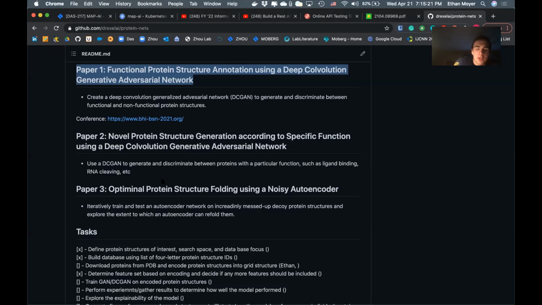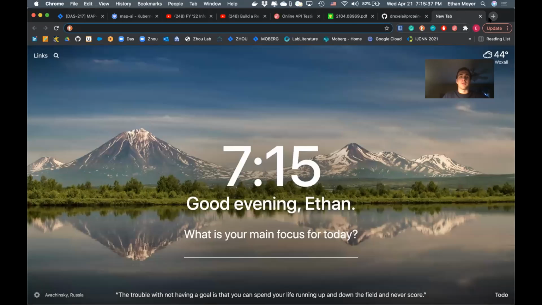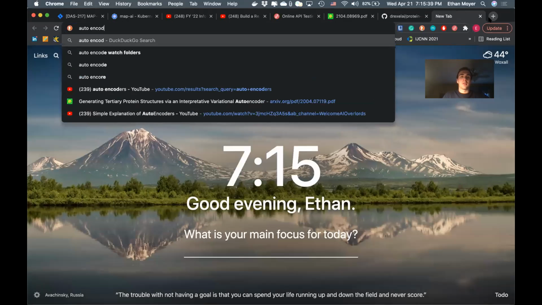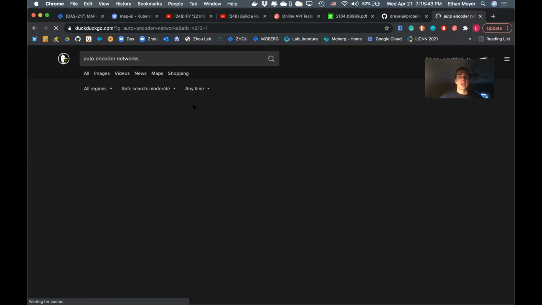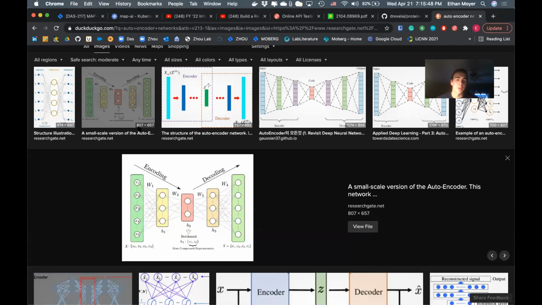So that's once the generator is finalized. This third one is something that I think would be pretty cool. I think autoencoders are a little easier to work with than a GAN, just because the architecture is working off of a single network instead of two. And I just want to get a little funneling thing in here. So yeah, this is an